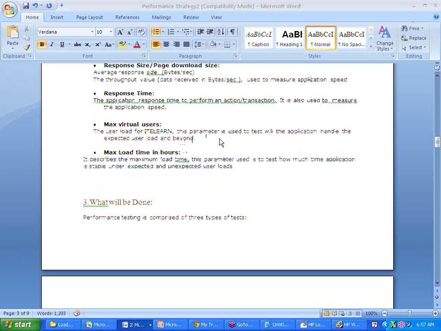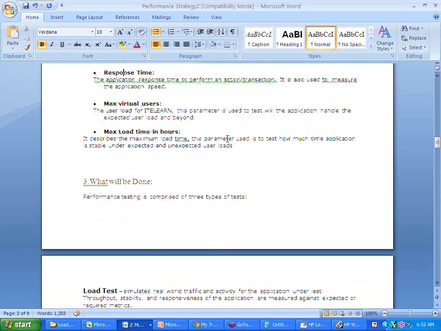Okay, this will tell you how many virtual users can be there. So where can you get all these details? You can get all these details from your requirement documents, basically the non-functional requirements. Coming to performance testing, these will be listed as a part of your requirement documents, and straight away you can pull them onto your strategy document, and this will be your input to the next subsequent phases or activities.